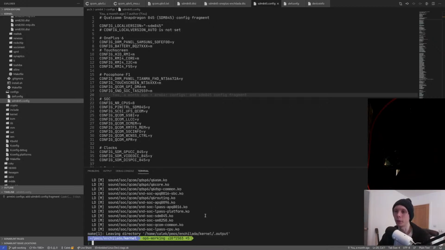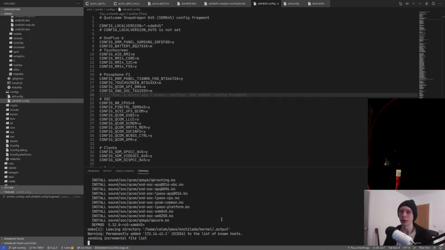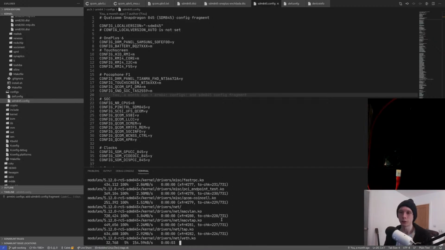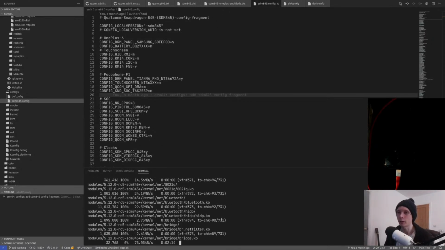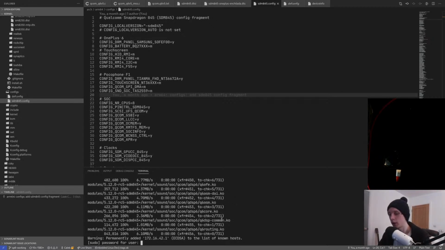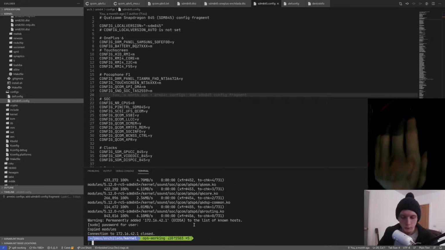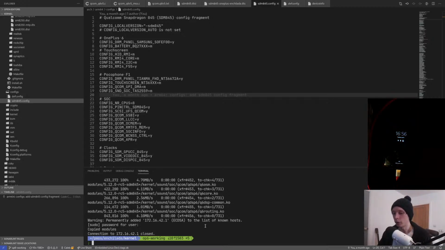Here we go. It built properly the second time. I will run this handy dandy but really horrible alias, which goes and deploys modules to the device. So right now it's using rsync to copy them all across. Then it will SSH to the device and copy the modules into lib. So now that they are deployed,